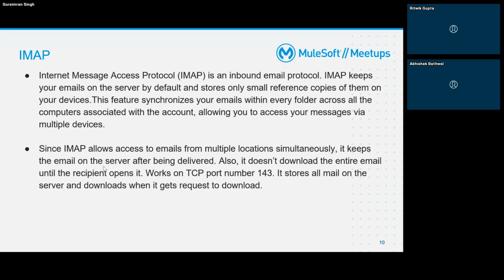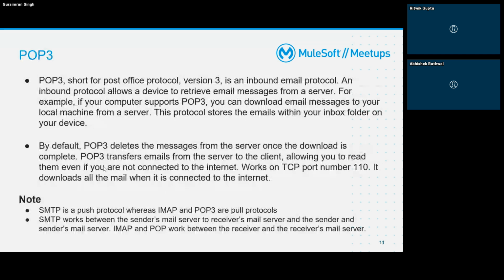Moving forward, as I mentioned, IMAP as well as POP3 are pull protocols. So basically, these are the protocols we will use if we have to retrieve emails, or do any operations like count and delete on emails. If we have to list or retrieve the emails from a server, we will use IMAP